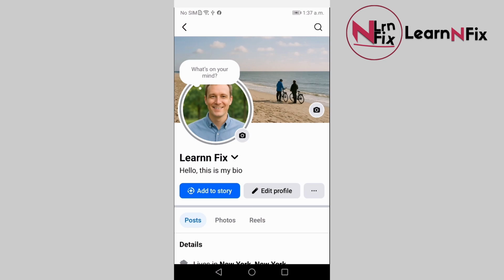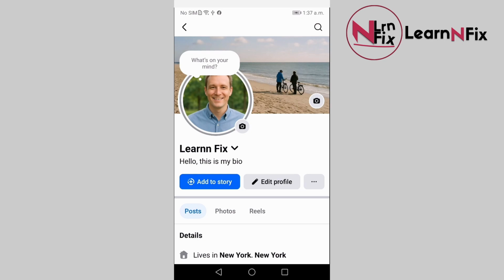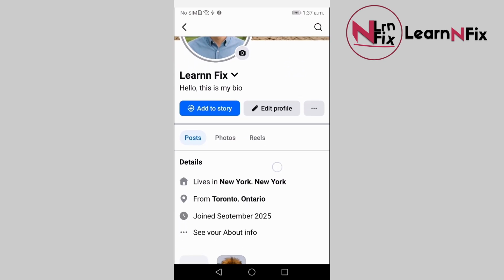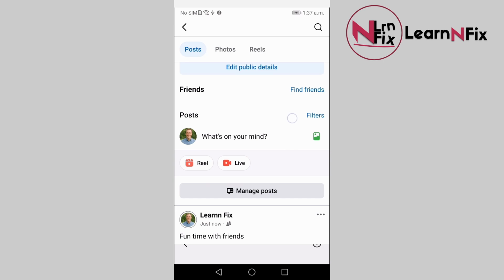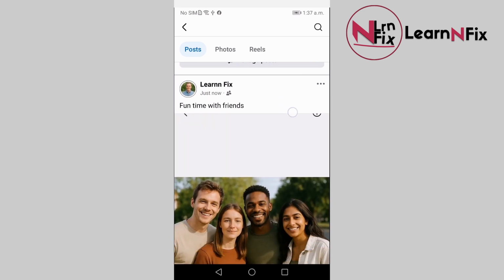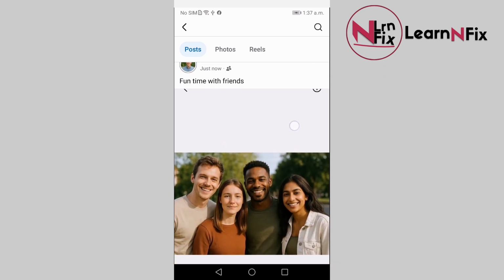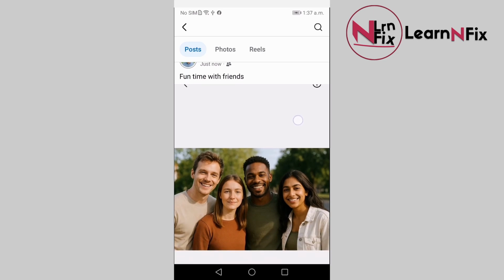In this video, I'm going to show you how to archive a Facebook post. So if you don't want to lose your post, your image forever, like if you want to delete it but you don't want to lose it, then the best way to do it is to archive the image or the post. So to do that, you go ahead and find a post you want to delete, for example this one,